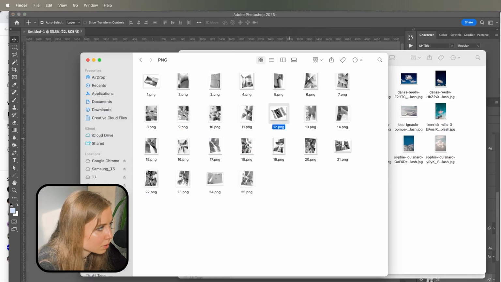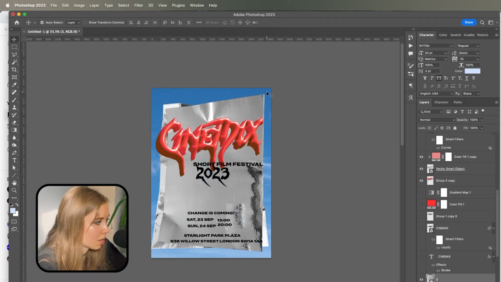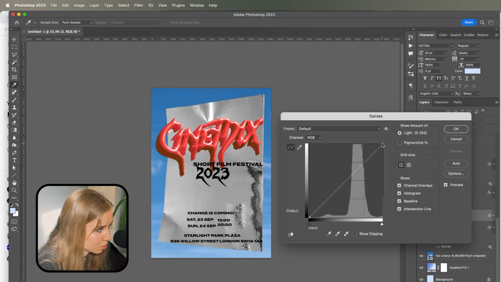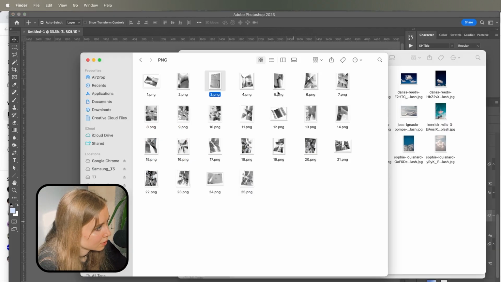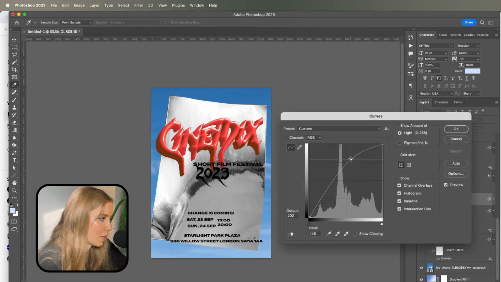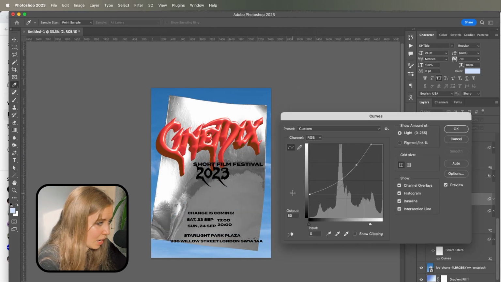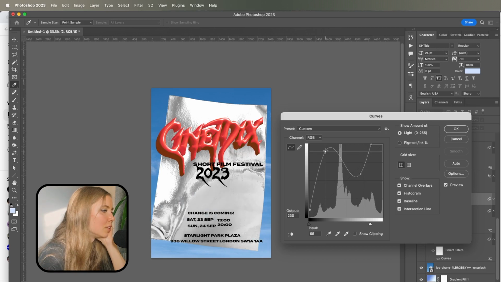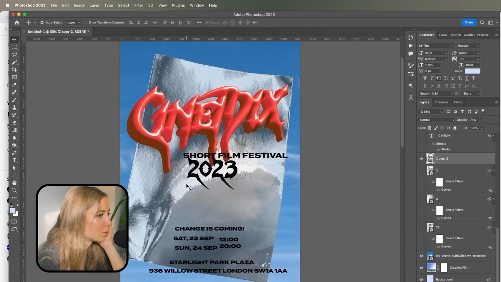Let's see what else I've got here. Maybe this one, perhaps, or maybe that's a little bit too simple. Yeah, I like this, to be honest. Okay, let's try something else like this one. That's a bit more shiny, but I need to make it lighter, I guess. Oh wow, this is really shiny. I love the way it looks, to be honest. Okay, this is what we ended up with so far.